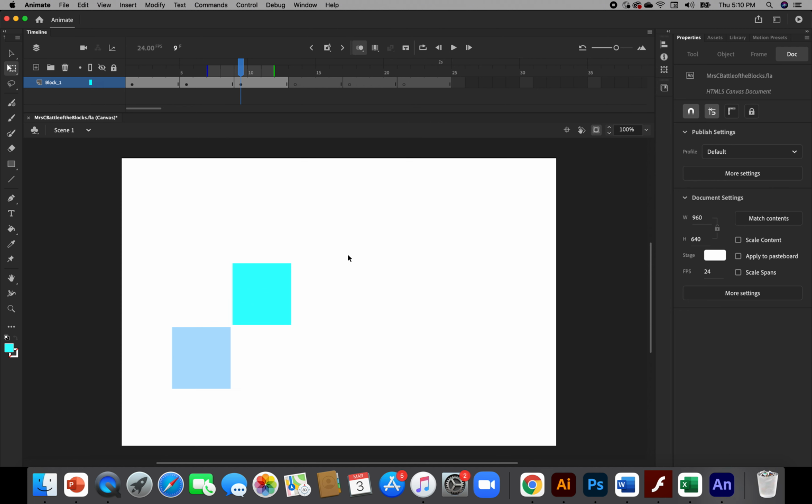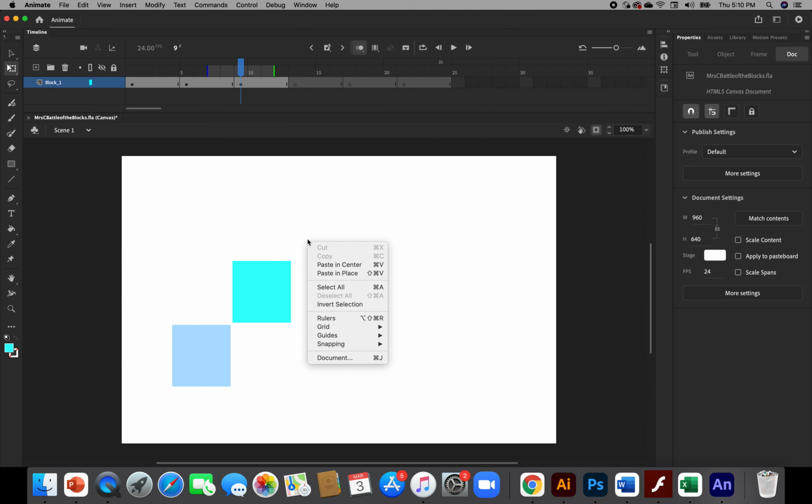Okay, here's what we're gonna do. Since I don't feel like fooling around with the right click on this, because it isn't quite as easy as it is on our iMacs,